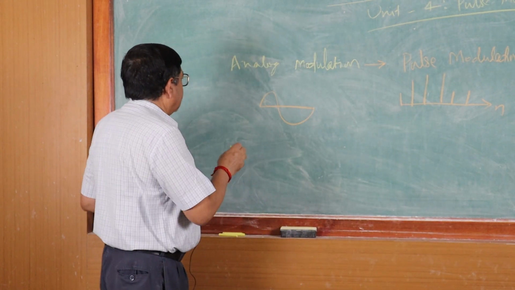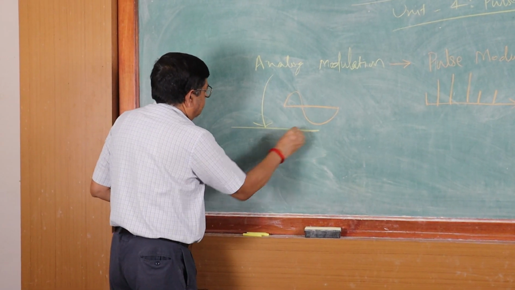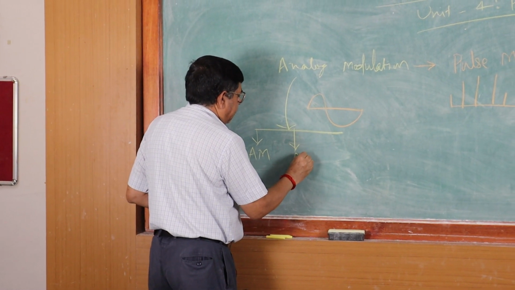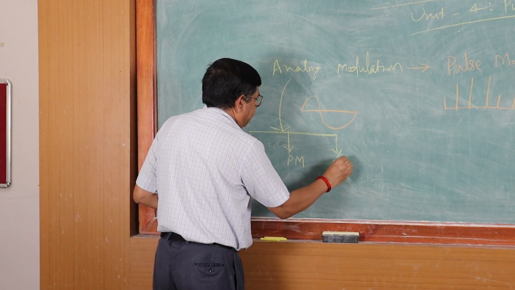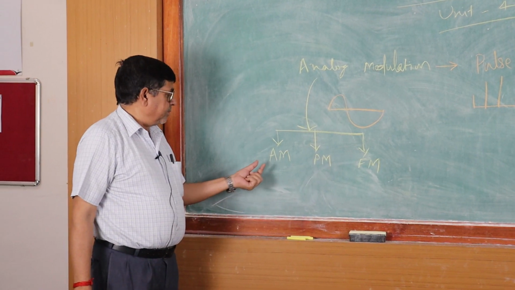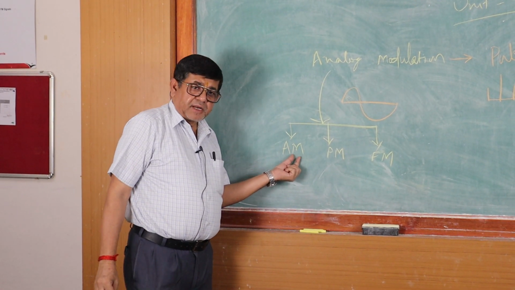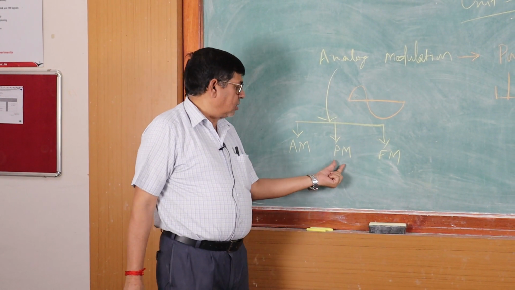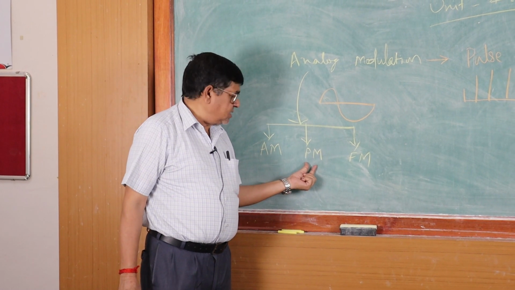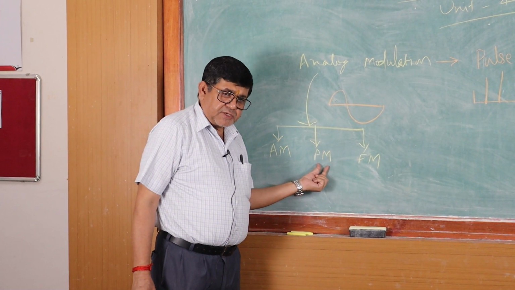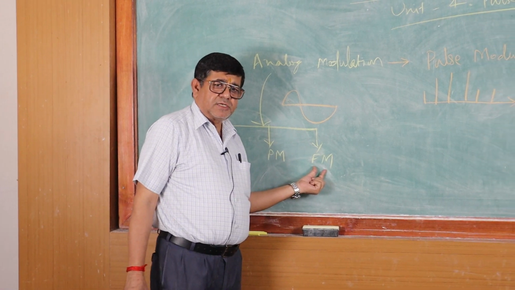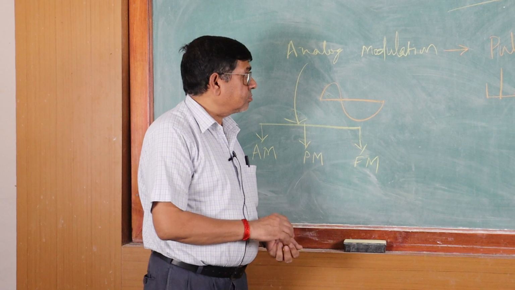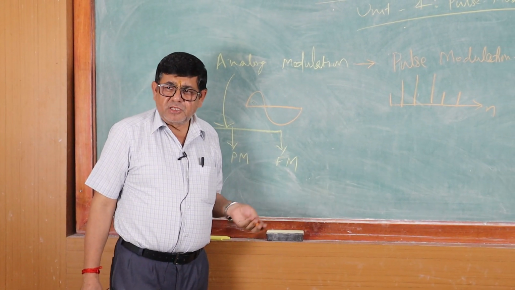In analog modulation, we have already discussed three different types of modulation: amplitude modulation, phase modulation and frequency modulation. In amplitude modulation, the amplitude of the carrier is changed according to the message signal. In phase modulation, the phase of the carrier is changed according to the message signal. Similarly, in frequency modulation, the frequency of the carrier is changed as per the message signal. Similarly, here in pulse modulation,